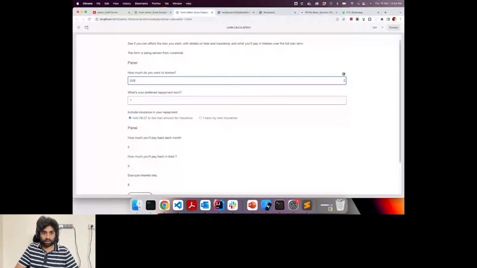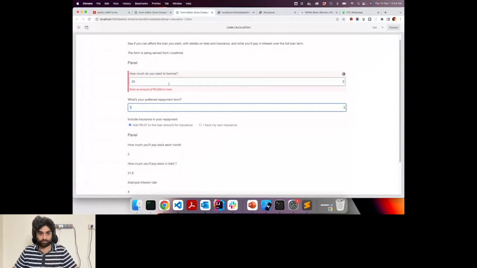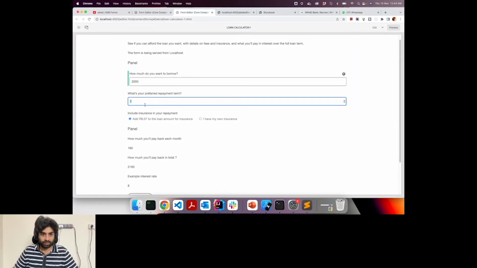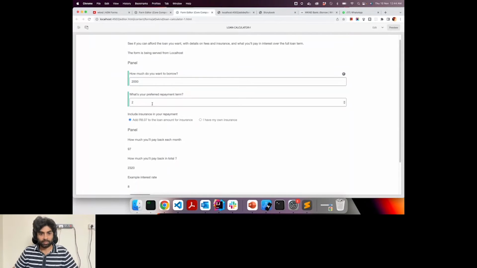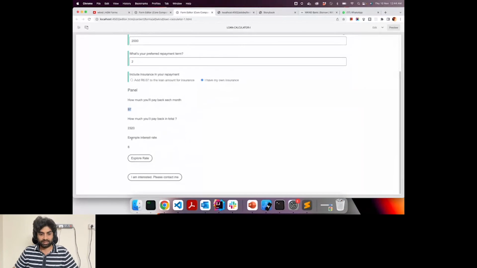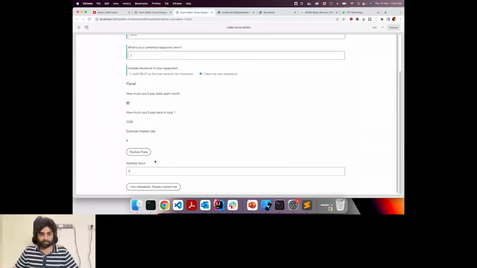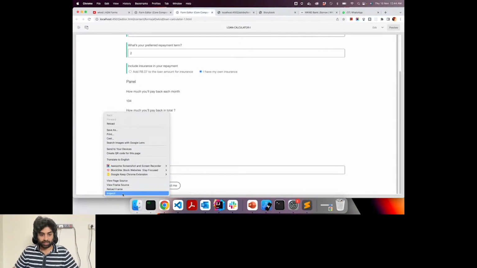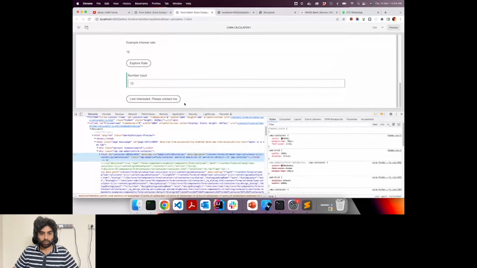So it has certain validations as well. You have to enter an amount more than 2000, and then you have to mention the payment term, then you can select any form, and all the details are calculated and shown to the user. You can show and hide certain fields, and based on that you can auto-calculate different fields. And finally you can see there is an I am interested, please contact me button.